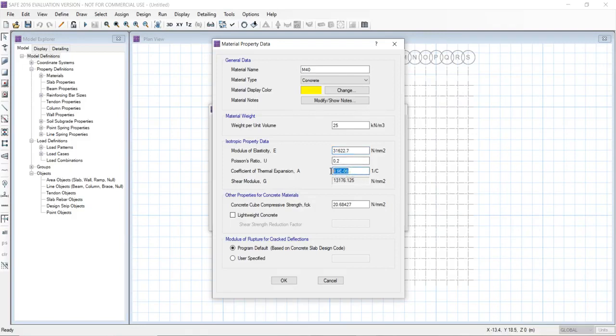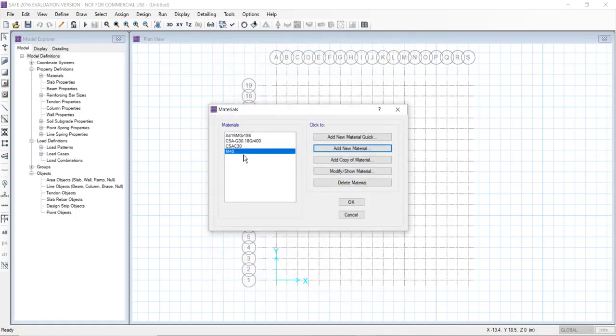These are the properties of that material, and click OK. Now M40 concrete has been defined.